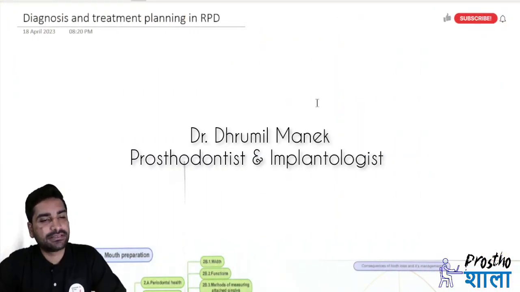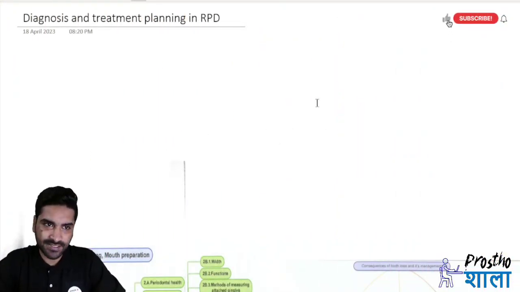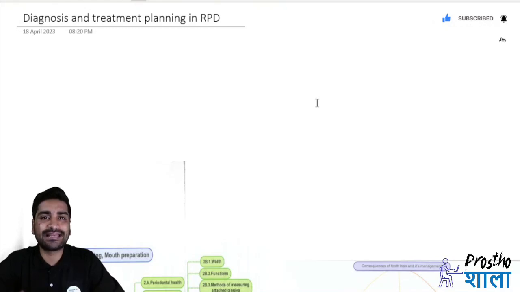So starting with chapter 2 of removable partial dentures, and that is diagnosis and treatment planning in removable partial dentures. In chapter 1 we discussed the various common terms which we are going to use in the coming classes of this unit on removable partial dentures, and moreover the classification systems, Kennedy's rules, right? And then now based upon the patient's data, that is the clinical data, the radiological data, or